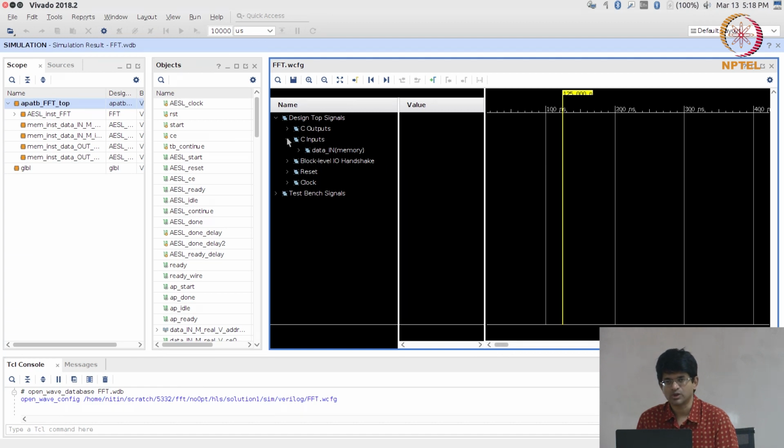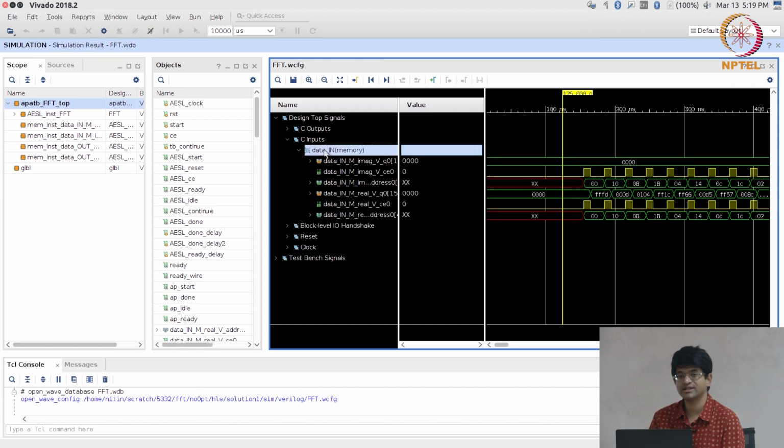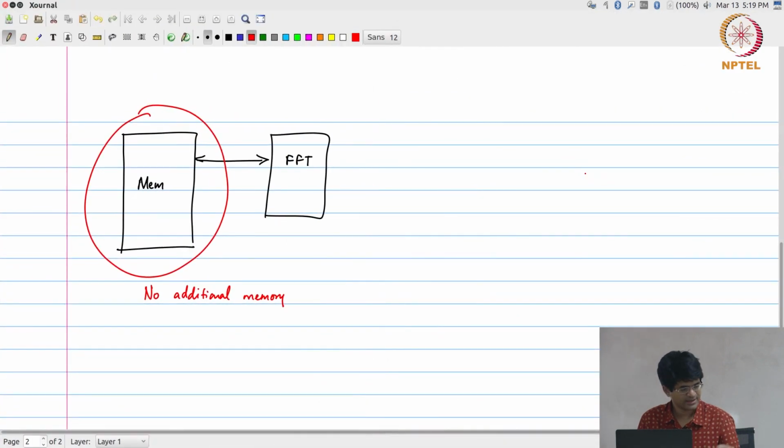Now let's look at the C inputs. This is interesting. What this is showing you is the data underscore in, which is a memory interface. Okay. You can see that there are a lot of these yellow up and down squiggles over here that correspond to the chip enable signal going out to the memory block, right. So there is a data in address and a data in data coming back,